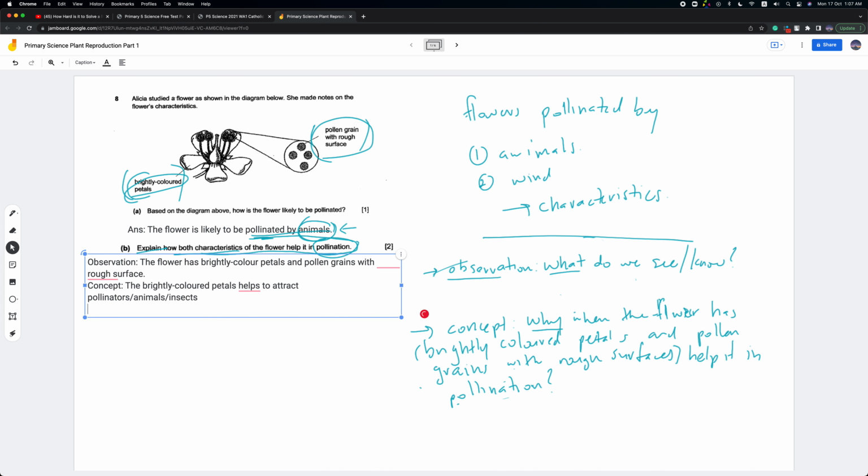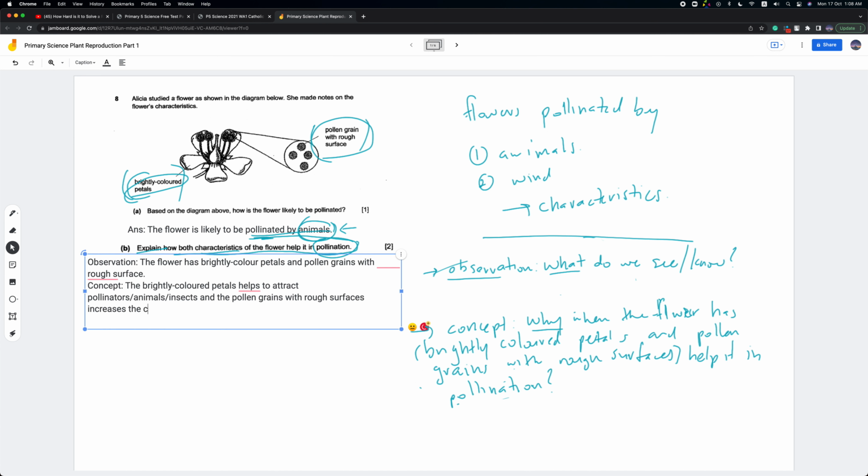Okay, the next part is, because we have two things here. A lot of students, they might forget that, okay, I'm just going to talk about the brightly colored petals, but they forget about the pollen grains with rough surface. Alright, and the pollen grains with rough surfaces. Okay, so what, again, from the notes, what happens or what is the function of pollen grains? Okay, and these rough surfaces, so the pollen grains with rough surfaces